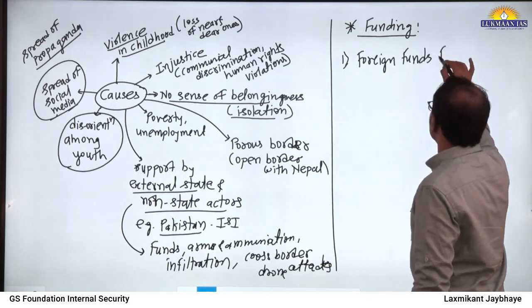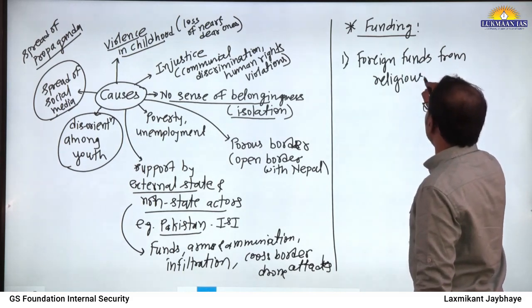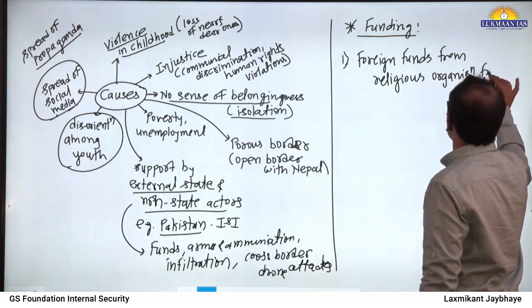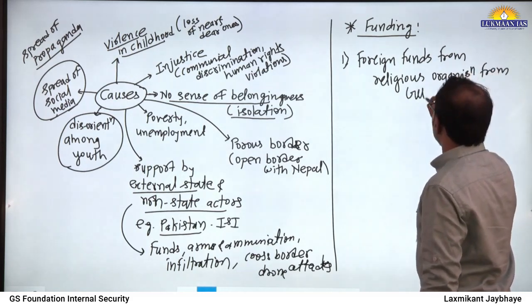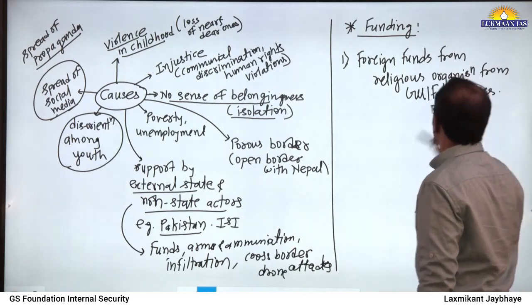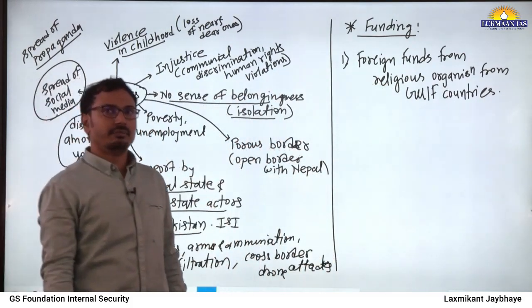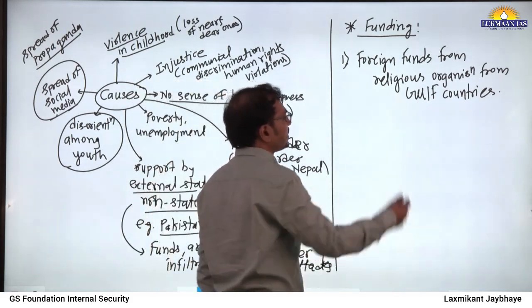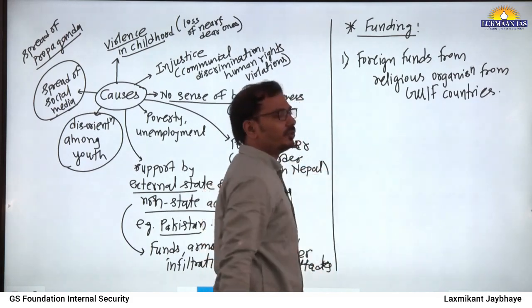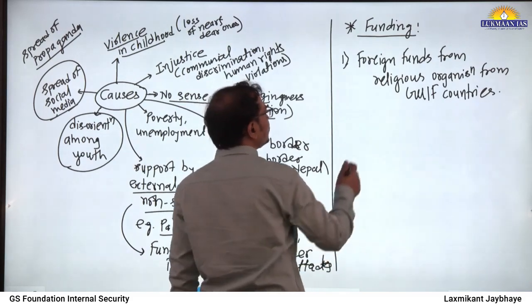Foreign funds from religious organizations, from Gulf countries. In the name of religion, many such civil society organizations or religious organizations, NGOs are working, and we do not even know, many of them are fake organizations, institutes, using fake accounts to route funds,